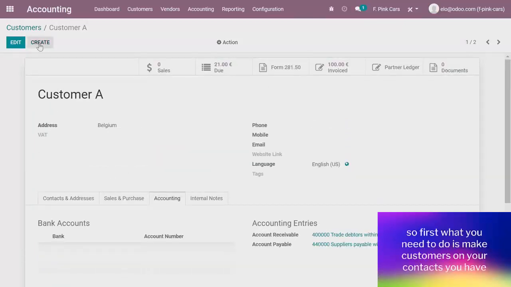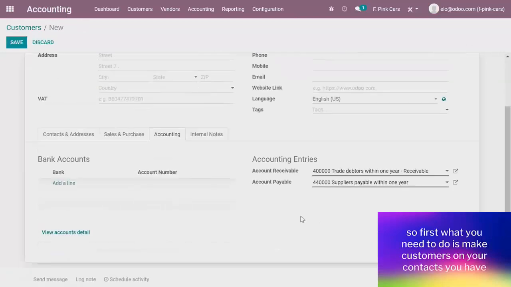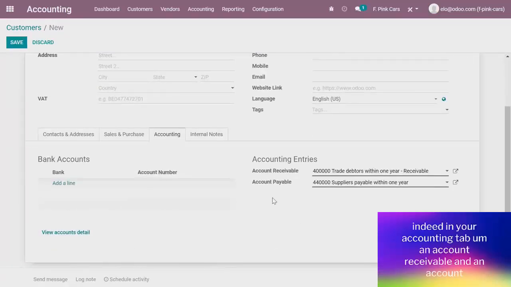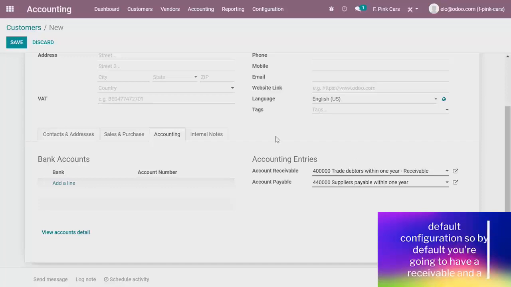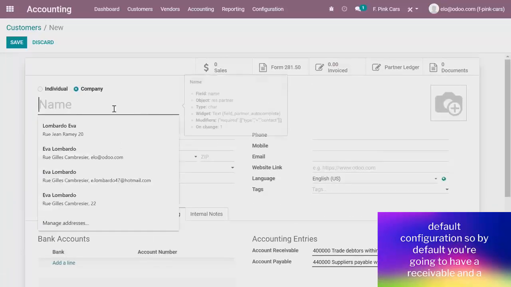So first, what you need to do is make customers on your contacts you have. Indeed, in your accounting tab, an account receivable and an account. When you do this, so it's easy to set up when you create a new contact, it's a default configuration. So by default, you're going to have a receivable and a